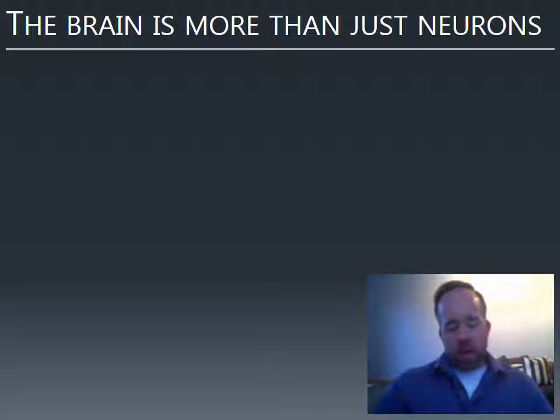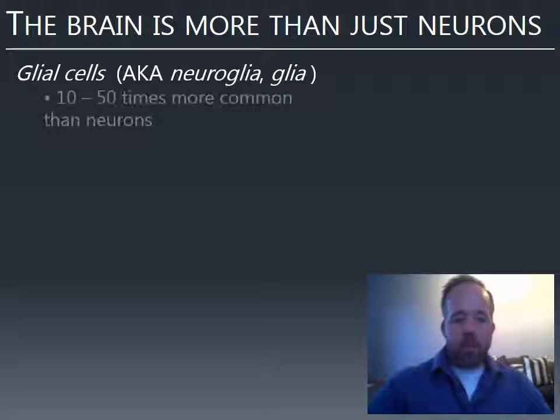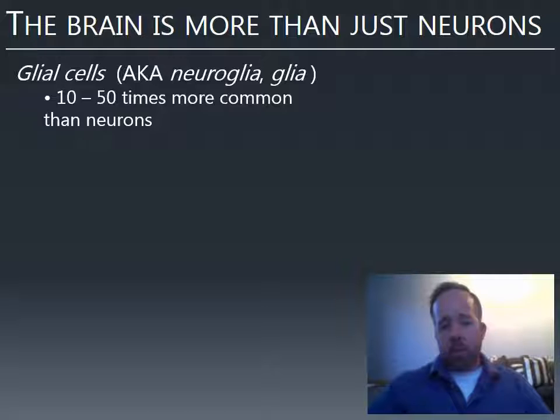First thing, though, the brain is more than just neurons. So neurons are obviously very important. They're what process our information. But the neurons can't get it done alone. So there are special cells called glial cells. They're also called neuroglia or just glia, and they come in several types. And they're actually far more common than neurons are. These are sort of the support system for neurons. And they're not crucial for our discussion for this class. Your book mentions them, so I'll just go over a few of the types, and a couple of them are important.